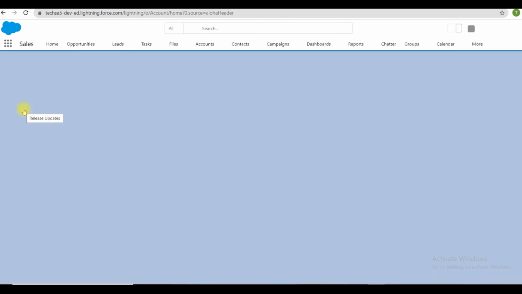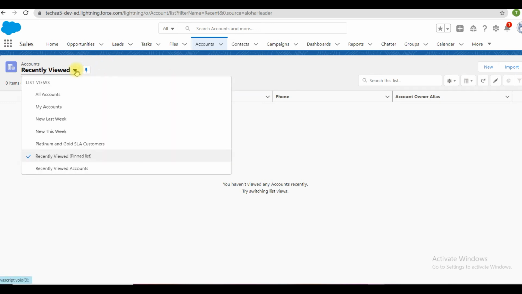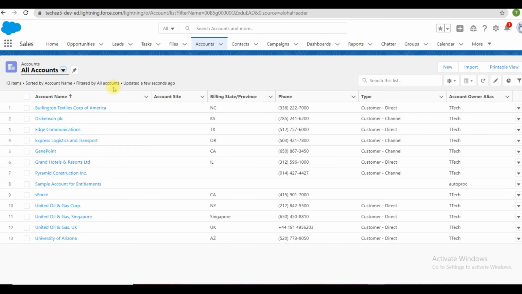It will bring us to the account information. Actually there are no accounts available under the recent view list. Let us see whether something is there in all accounts. It will provide some default accounts which are created as part of the creation of the developer org. All these are developer org provided accounts. We can delete them if they are not needed.